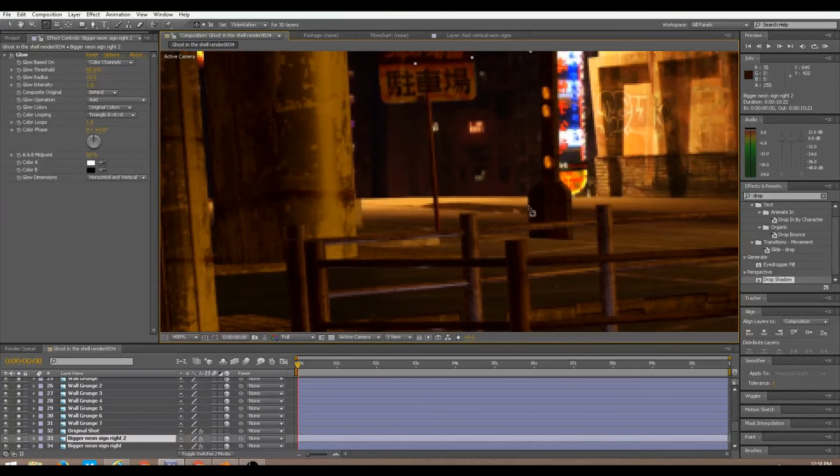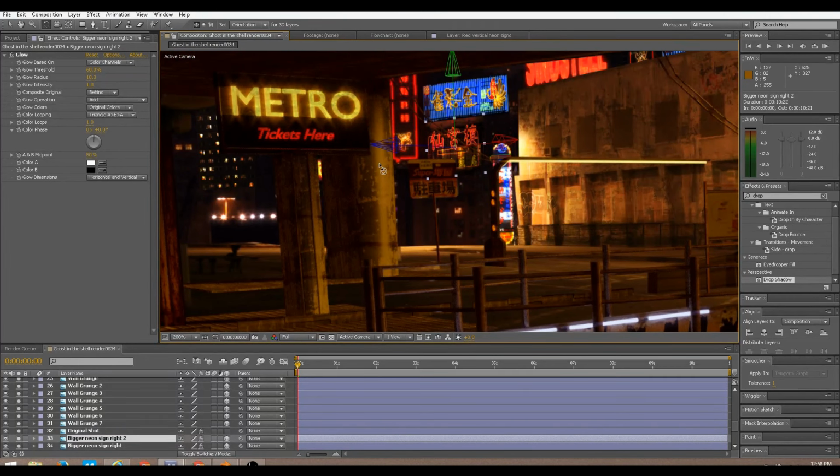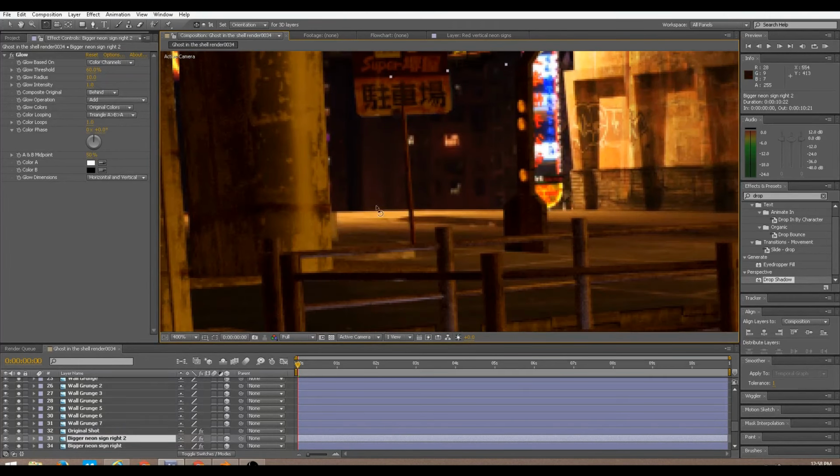And one of the things I noticed is that the seam between the foreground original shot and the background city was a little bit off to me. You can see the seam here doesn't really blend into the environment. So what I did is I